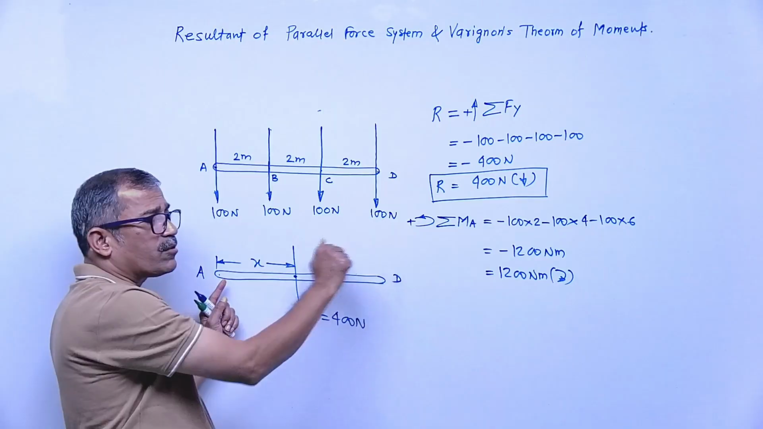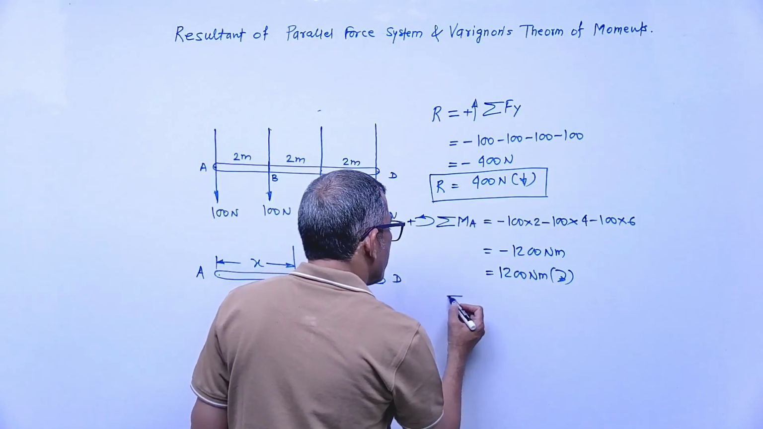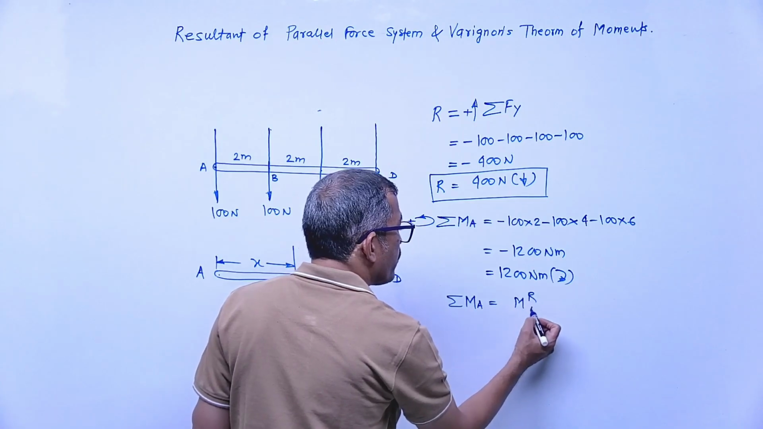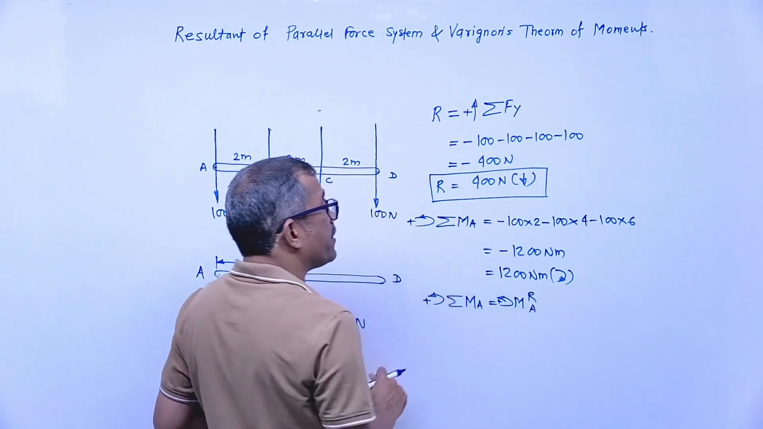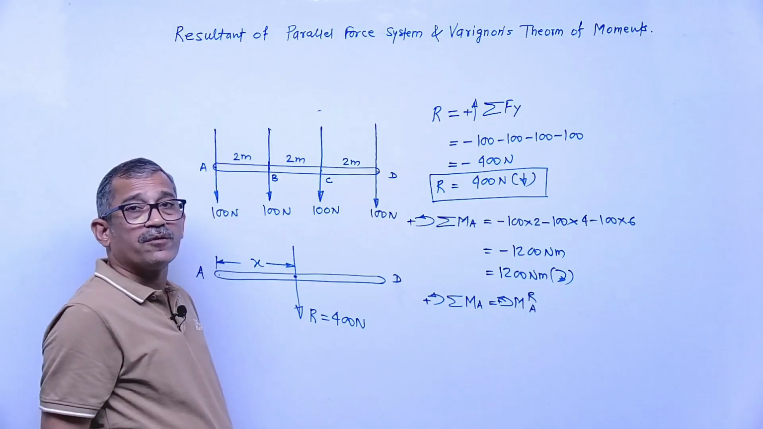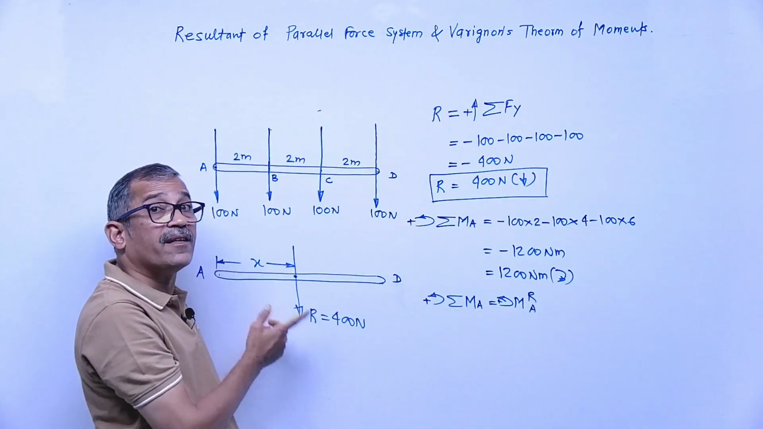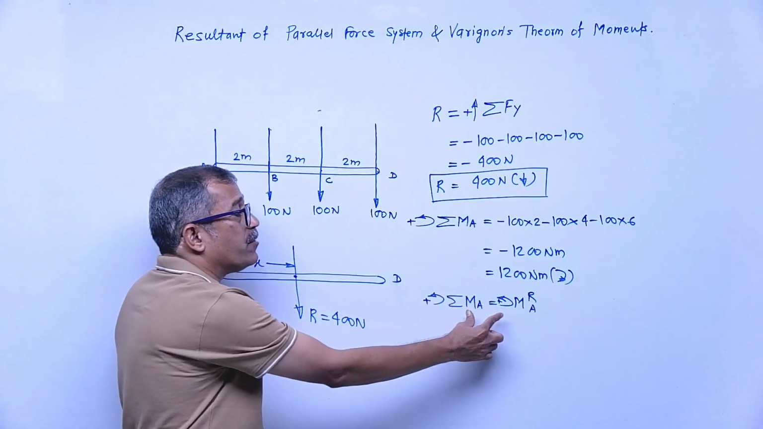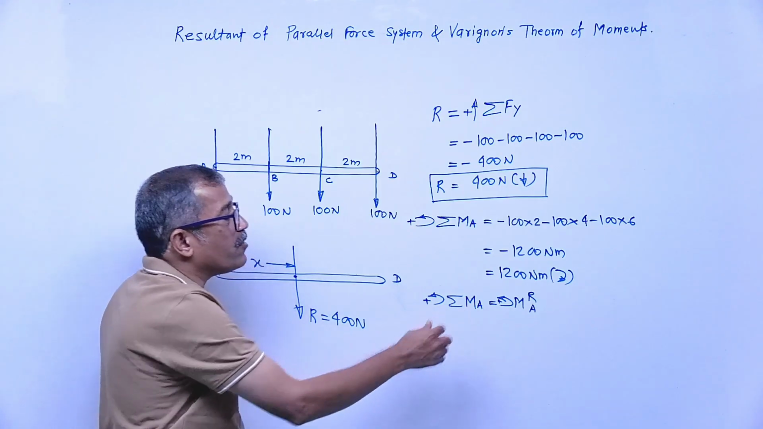The sum of moments is 1200, which is equal to 400 into x. Means what you can write? Sum of moments of all forces about A equals the moment of resultant about A. Where did this come from? From the definition of resultant. The definition of resultant is that the effect of all forces and the effect of this force must be the same, or the effect of all the forces remains the same when we replace all forces by a single equivalent force, and that is called the resultant. So when we equate it, it is from the definition of resultant, and this is called